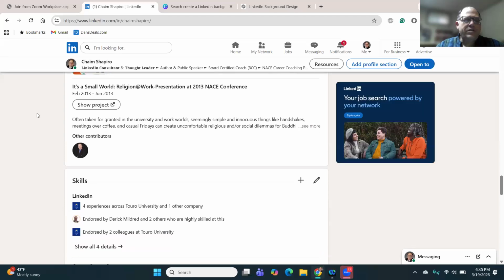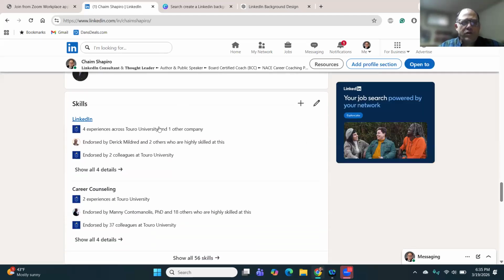So I'll keep moving along to your skills section. You see here, it shows two skills at the top. You can include up to 100 skills on here, and it's important to include the skills that are relevant to your profession because they're highly searchable. But you also want to make sure your top two show up over here.